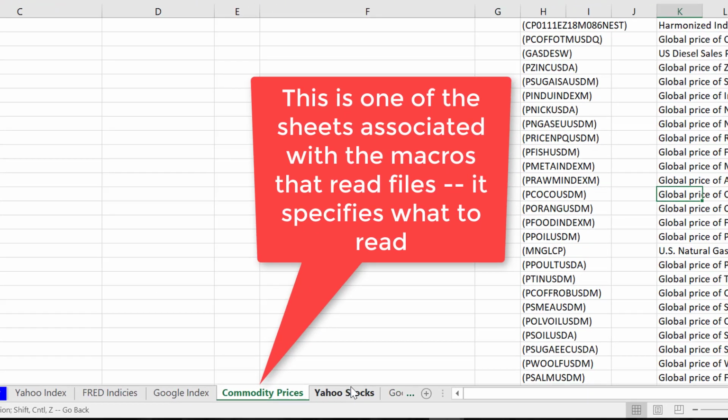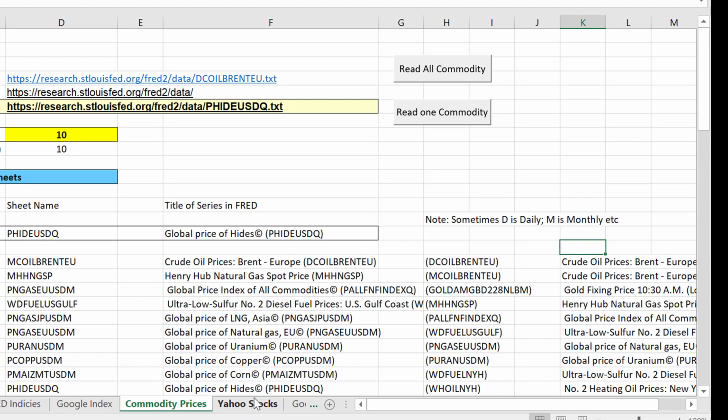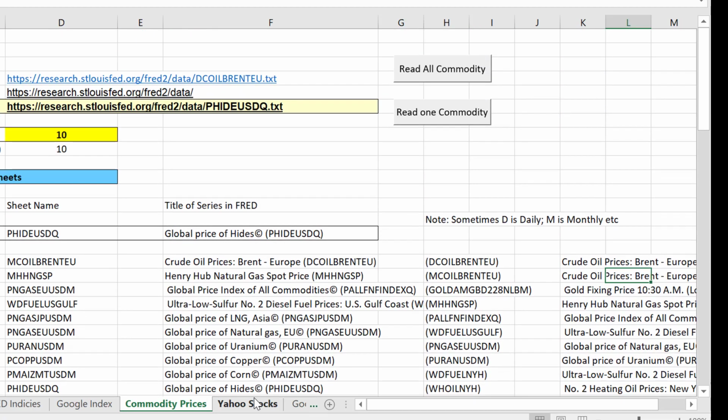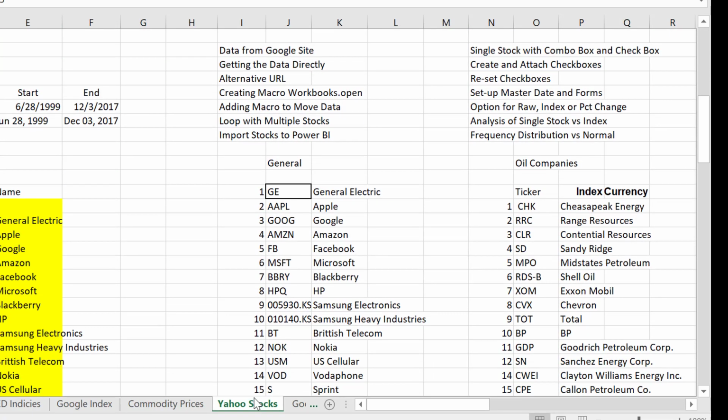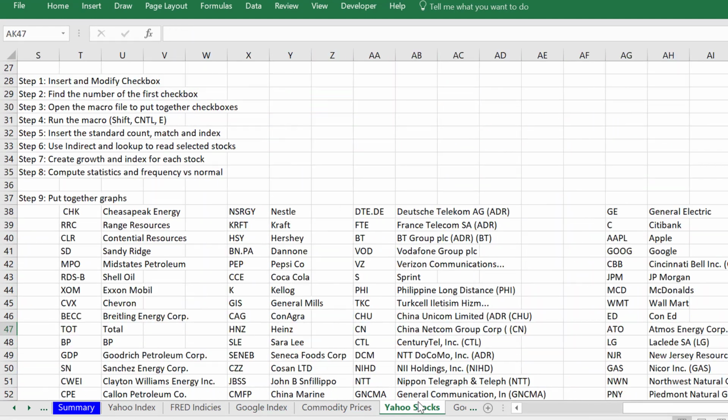I kind of tried to put all these commodity prices that you can get from the Federal Reserve economic databases. And what you really need is all these little code numbers. Once you have these code numbers, you make a little URL. So I tried to put all of this stuff on the side where you can get it. And then the stocks, here I got a whole bunch of stocks,